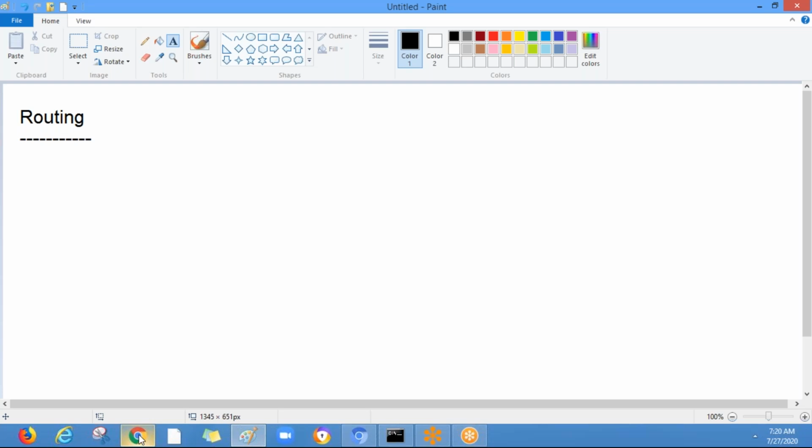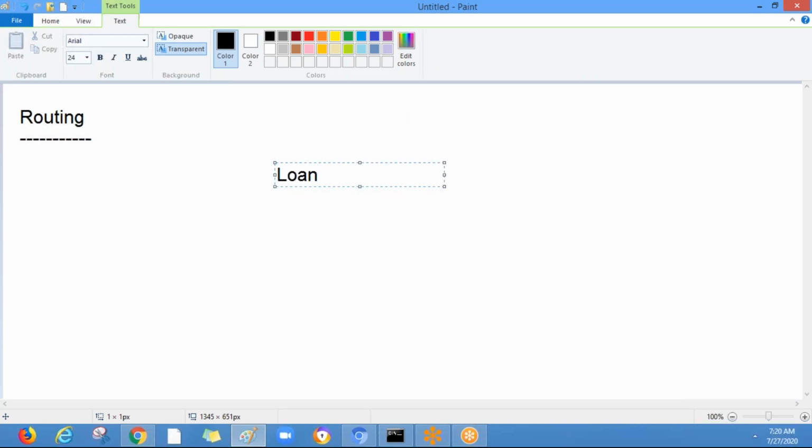Similarly, in some cases, we can route an assignment to multiple users. Let's say we have a loan officer assignment that will be routed to loan officer 1 and loan officer 2.